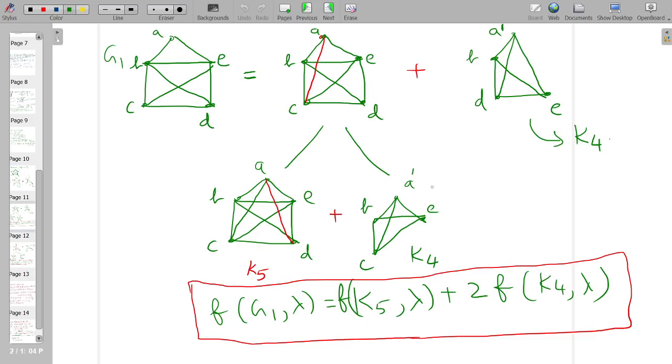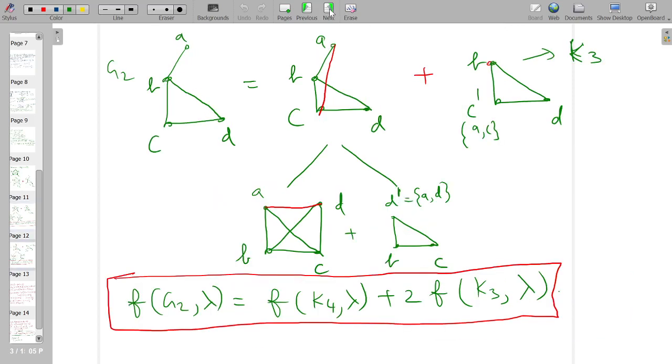It might reduce to a complete graph or a path. It can also reduce to a tree, and for a tree you know that the chromatic polynomial is lambda into lambda minus 1, and using that you can find the chromatic polynomial of that particular graph, in turn which will contribute to the chromatic polynomial of the given graph G. So this completes this particular problem.